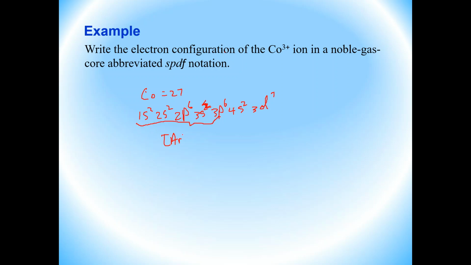And then 4s2, 3d7. All right. So for the cobalt 3 plus ion, remember now you start removing electrons from the highest valence shell